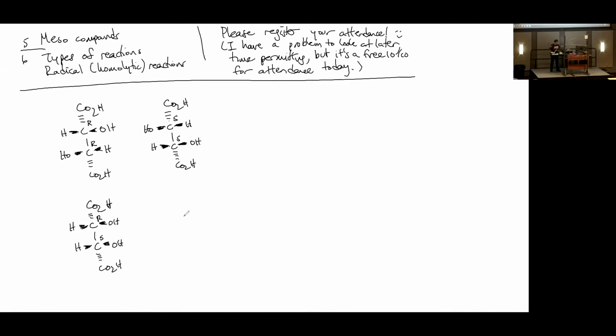Now, the way we draw mechanisms, the way we push arrows with radicals is a little different, because radicals are defined as single electron species. They're species with an odd number of electrons. There's an unpaired electron somewhere in the structure. So if you need a definition of radical, there it is. A radical is defined as a species that has an unpaired electron somewhere, obviously very reactive. And so because of that, the way we draw arrows in our bookkeeping for our mechanisms is a little bit different. And I'm hoping to get that far today, though we may need to say a little more about that